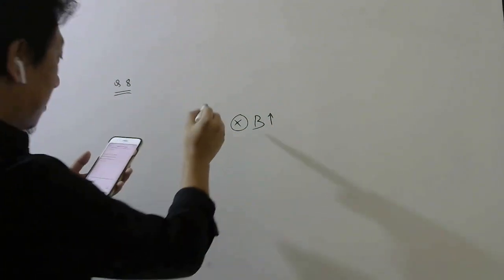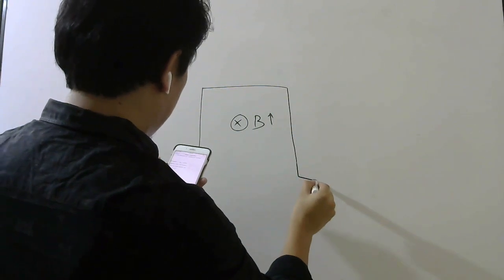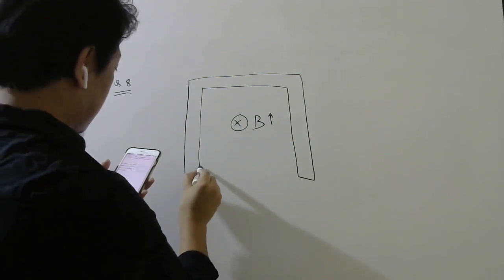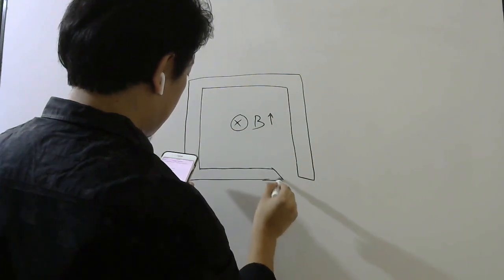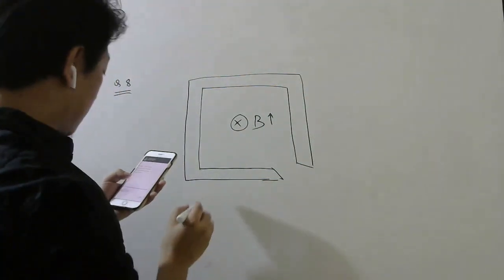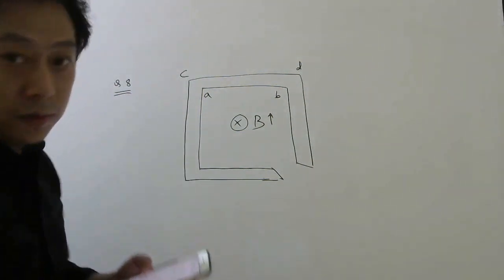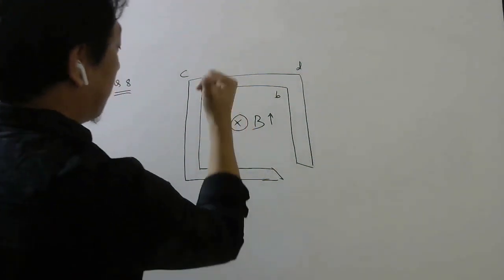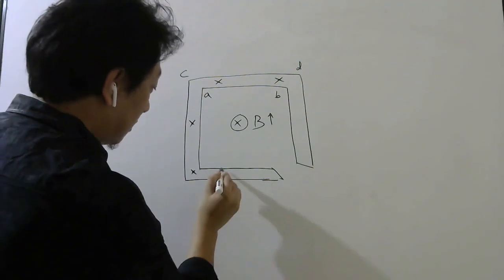So let me draw the wire loop. It's like this, but it comes like this again. Something like this it is. Okay, and here it is AB, here it is BC. Now try to observe carefully. This magnetic field is everywhere, so here also the magnetic field is there. Now this is the area you have to concentrate on.